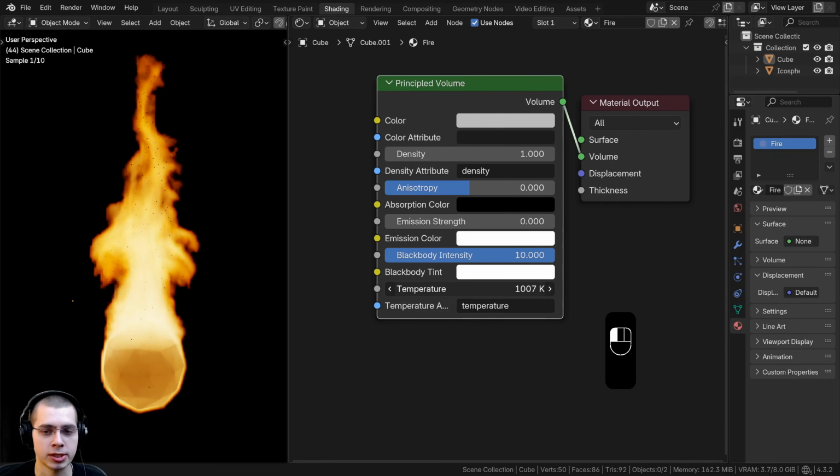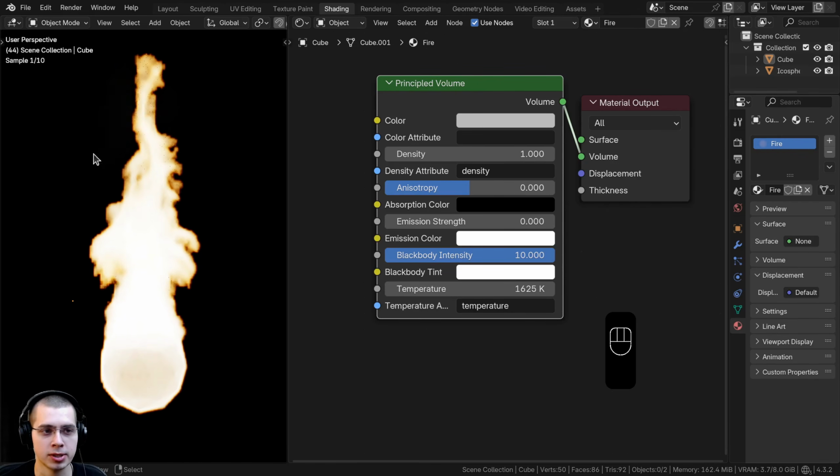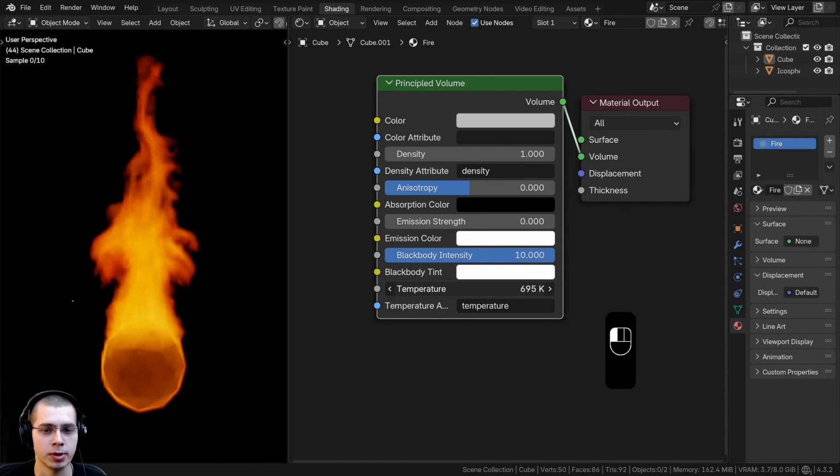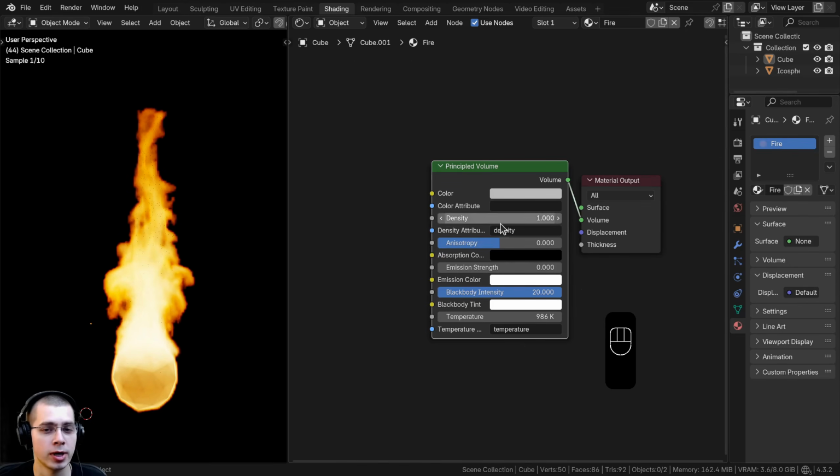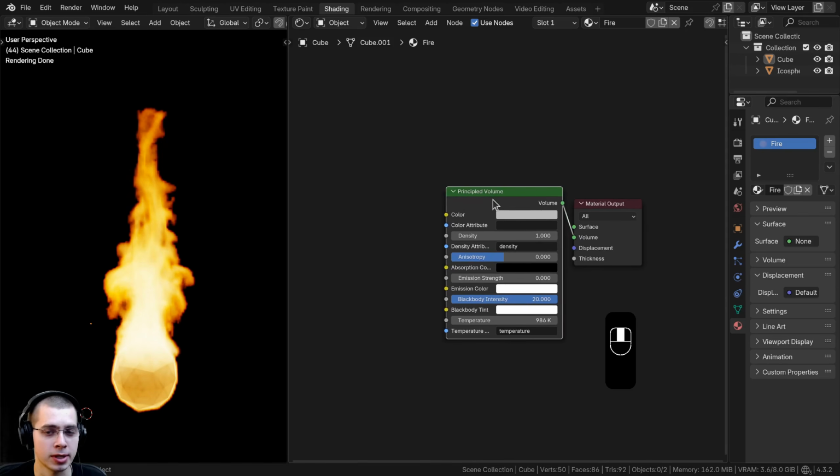So now you can also change this temperature value. If you turn this up, you can see things are going to be a bit lighter and a bit blown out, or you can turn the temperature down if you want to be a bit more red. And maybe I could even turn the black body intensity even higher, to like a 20. So that's one way to create the fire material, but I'm going to be using a different method that I